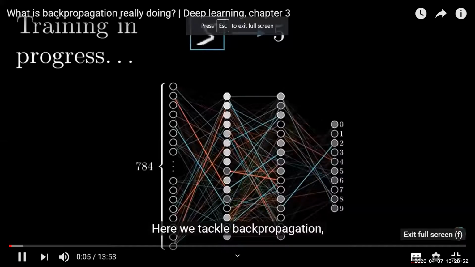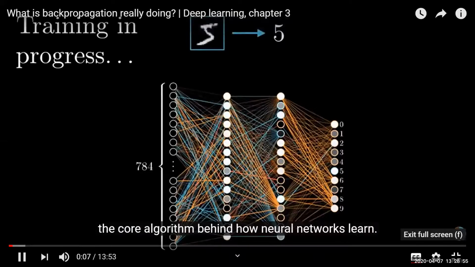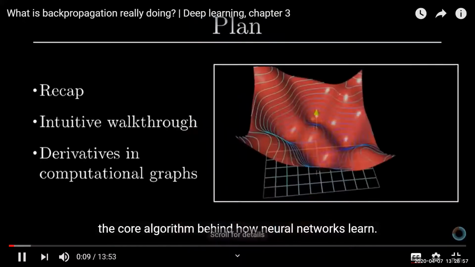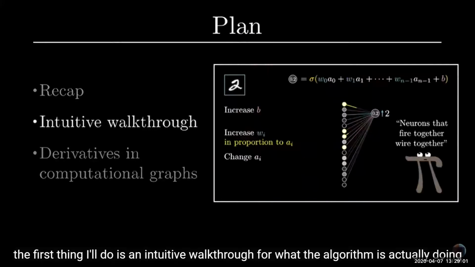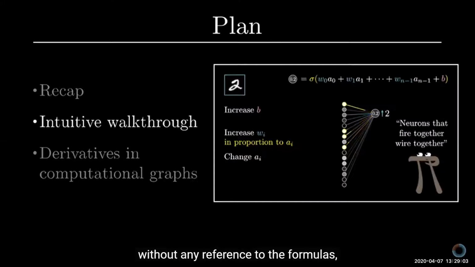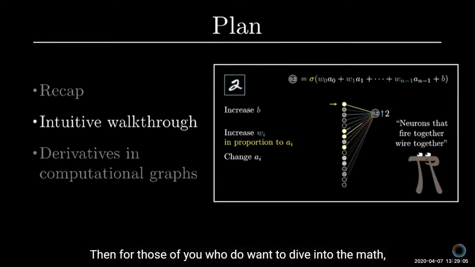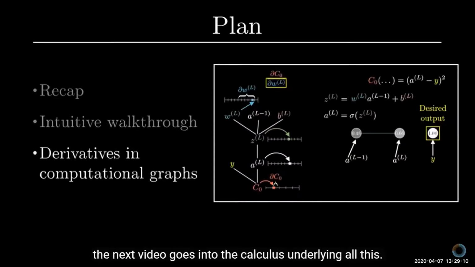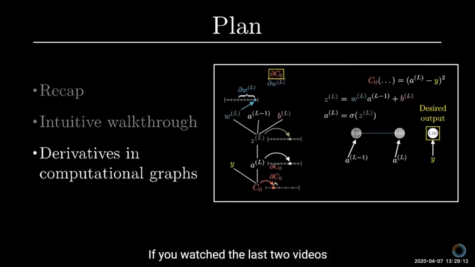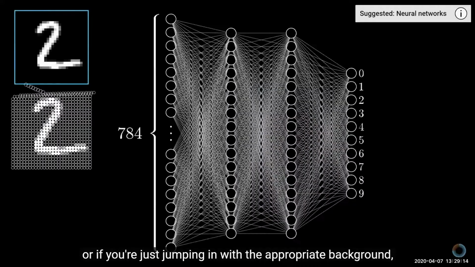Here, we tackle backpropagation, the core algorithm behind how neural networks learn. After a quick recap for where we are, the first thing I'll do is an intuitive walkthrough for what the algorithm is actually doing, without any reference to the formulas. Then, for those of you who do want to dive into the math, the next video goes into the calculus underlying all this. If you watched the last two videos, or if you're just jumping in with the appropriate background,